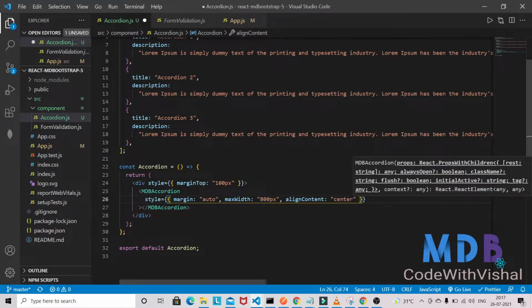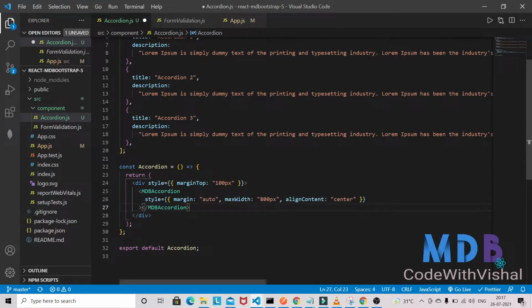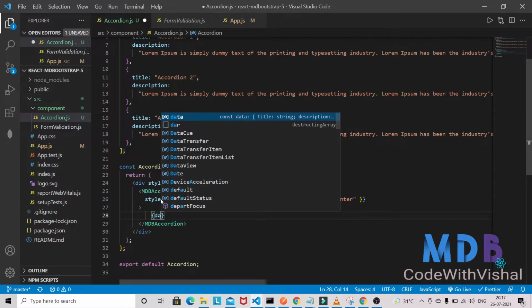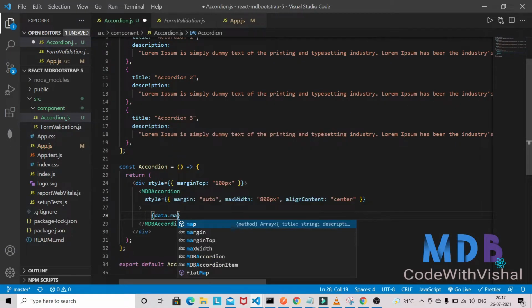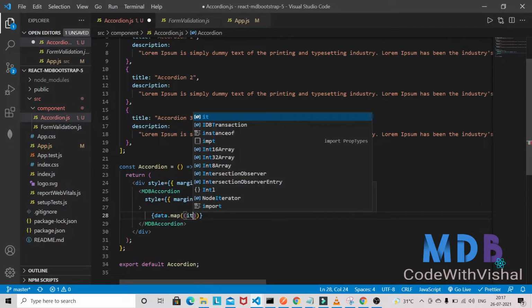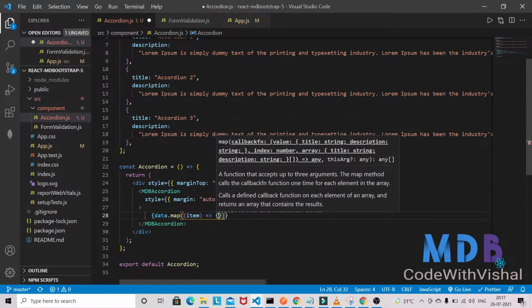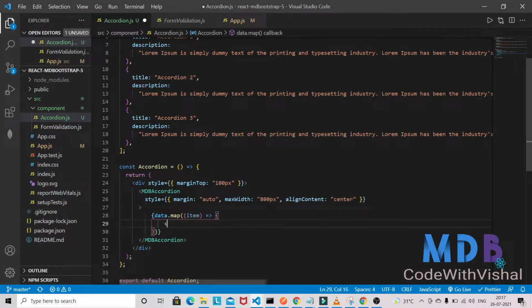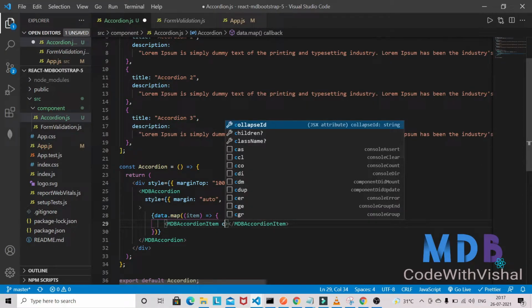So some of the styling I am giving from my end here, and here I need to map this data. So data.map item, and here I am going to use the MDB accordion item, and inside that I need to provide the collapse ID.